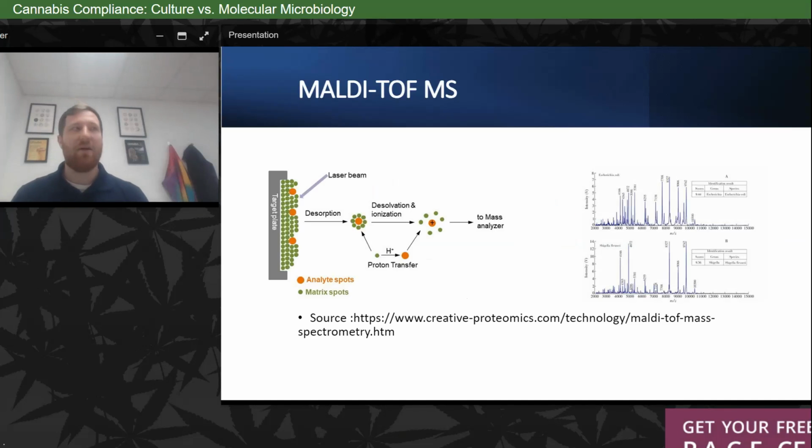Now when we talk about MALDI-TOF, what is happening is, through the time of flight, the ions are separated, and they're actually read very similar to chemistry. In chemistry, we talk about mass specs or triple quads and things like that. So we're using retention time and abundance here, and reference organisms, to identify the target organisms. Now, I don't think MALDI-TOF MS has made its way into the cannabis industry that much, but I think it would be a real gain in the industry to see this kind of thing happening.